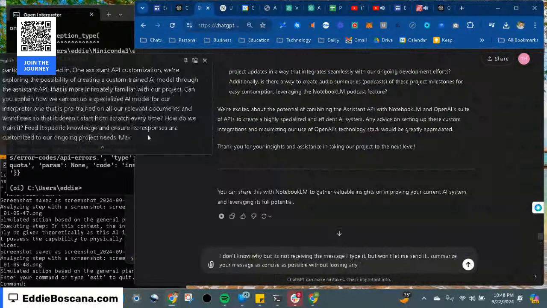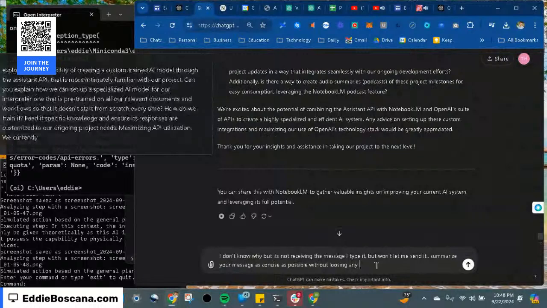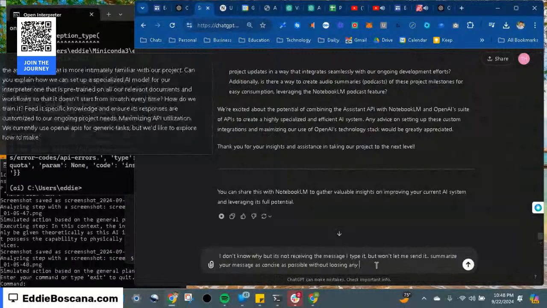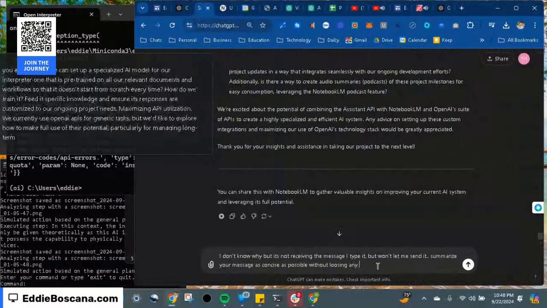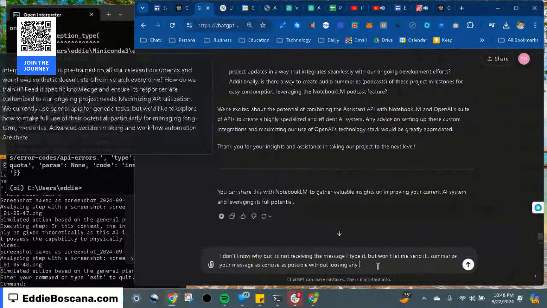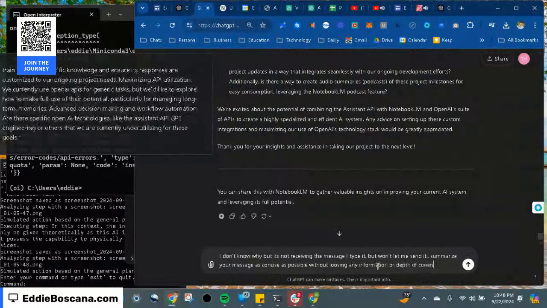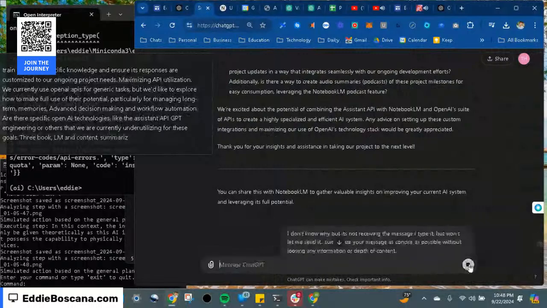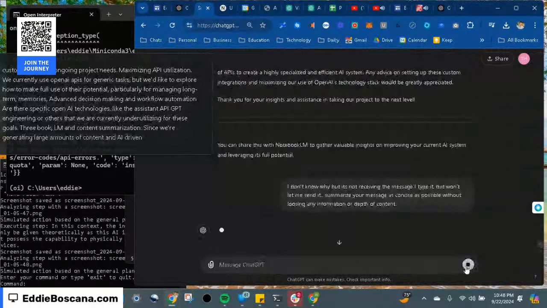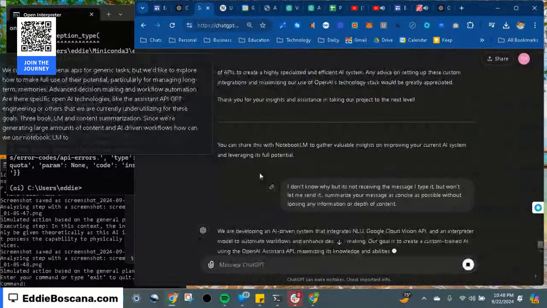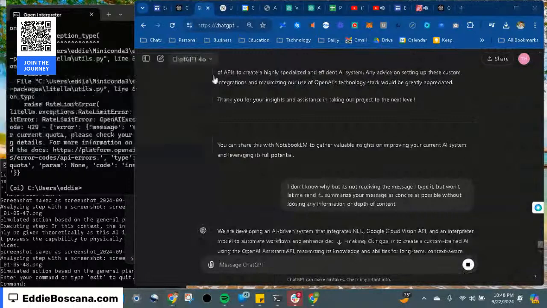2. Maximizing API utilization. We currently use OpenAI APIs for generic tasks, but we'd like to explore how to make full use of their potential, particularly for managing long-term memories, advanced decision-making, and workflow automation. Are there specific OpenAI technologies, like the Assistant API, GPT engineering, or others, that we are currently underutilizing for these goals? 3. Notebook LM and content summarization. Since we're generating large amounts of content and AI-driven workflows, how can we use Notebook LM to summarize complex tasks, conversations, and project updates in a way that